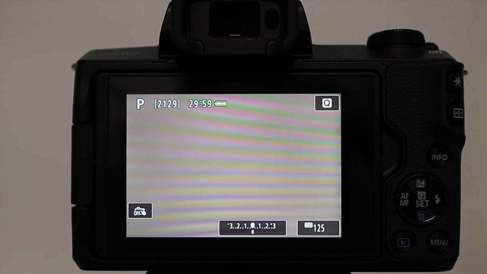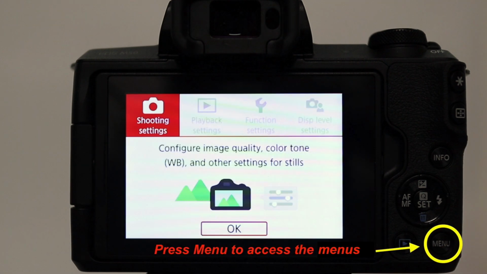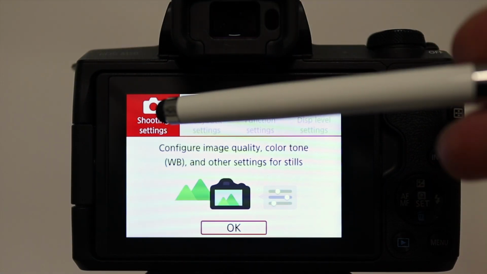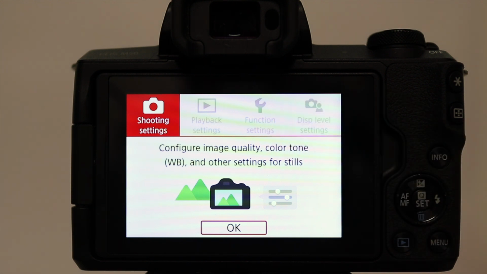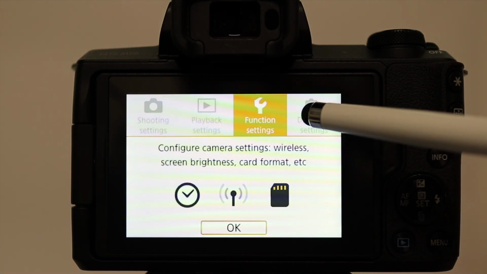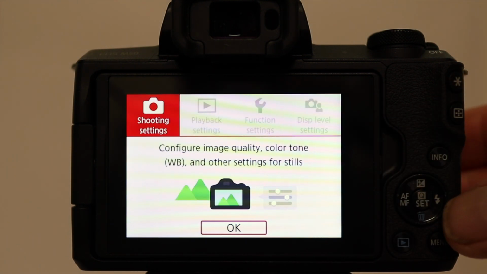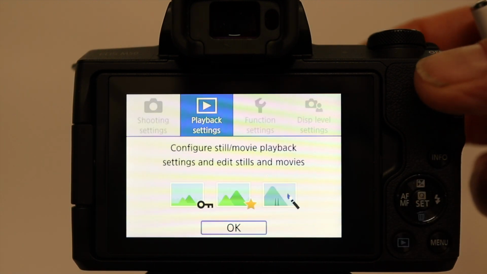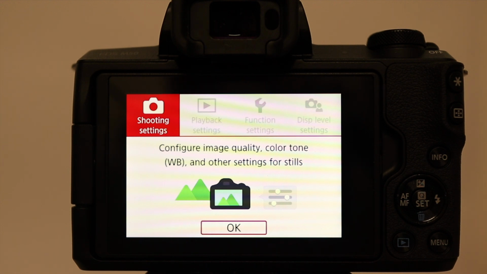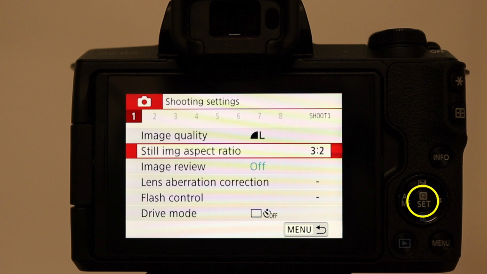By default the camera is set up into what's called a guided operation, so if you press the menu set button you'll find that you've got a display across the top of the screen which has shooting settings, playback settings, function settings and display level settings. Now to access any one of those you can use the touch screen, as this is a touch sensitive screen. You can use the left and right navigation buttons to move across, or you can use the front control dial to move backwards and forwards. When you want to access the particular menu you'll press on screen OK, or you'll press the menu set button